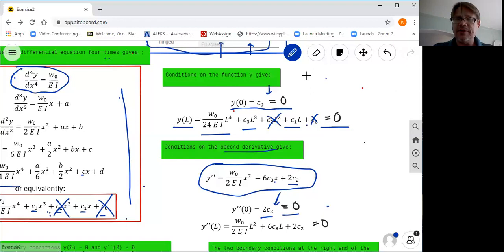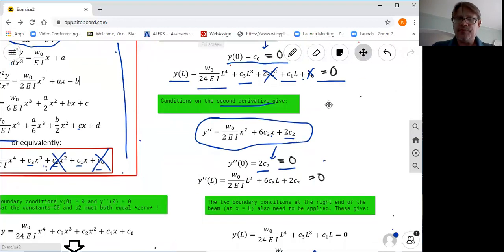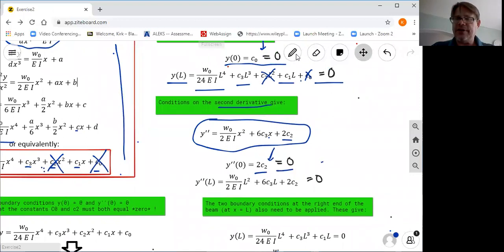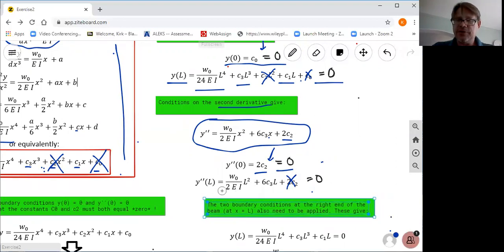So let's take a look at that. The fact that the second derivative has a value of 0, if I evaluate this second derivative expression at x equal to L, remembering, of course, again, that C2 is equal to 0, now I've got a statement that this piece right here,